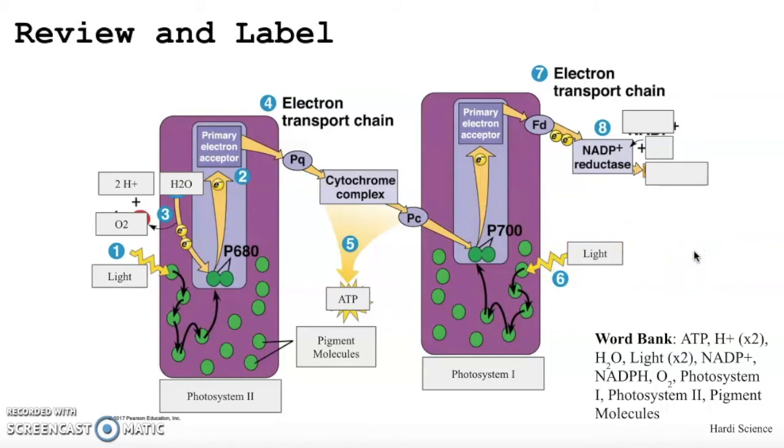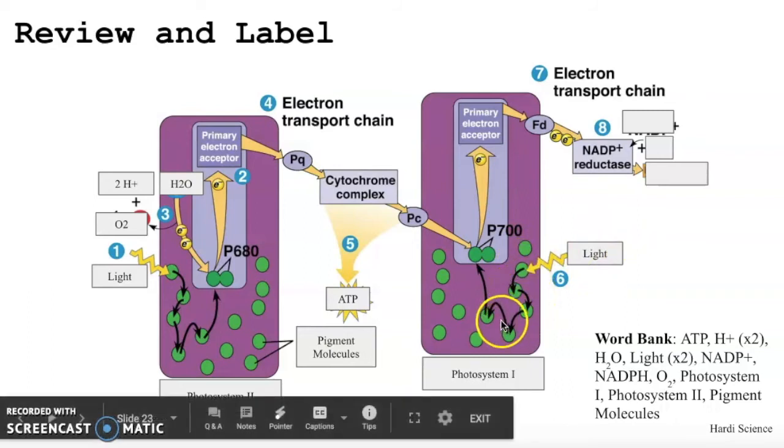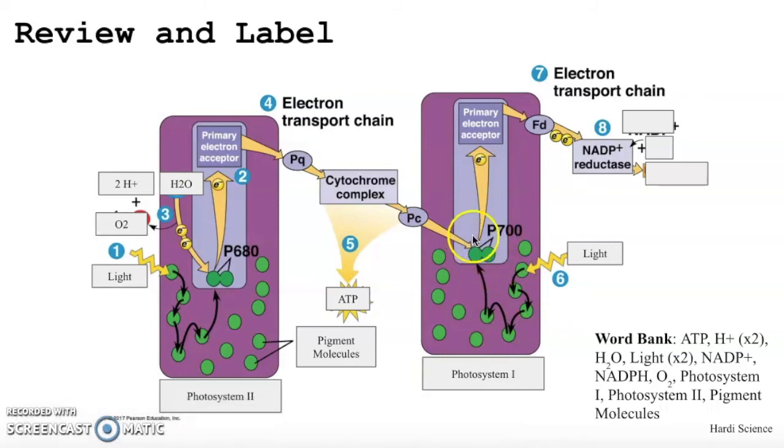And then in photosystem 1, similar process, we have light photons hitting these pigment molecules, exciting electrons in one pigment to the next until they excite the electrons in P700. And so the electron is going to jump up to the primary electron acceptor, and it's going to travel down another electron transport chain. In this electron transport chain, we have NADP plus reductase is going to change NADP plus,